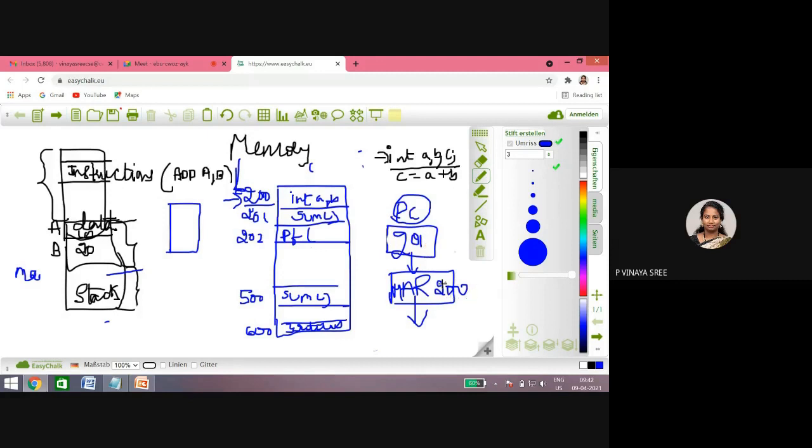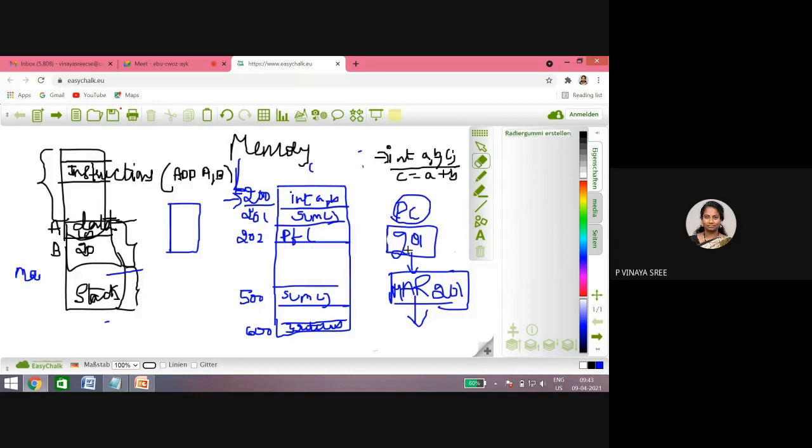Because 200 you have given in the current memory address register, so the processor is currently executing 200. Now we need to place 201. Okay, now completed. Now 201 you placed in the memory address register.